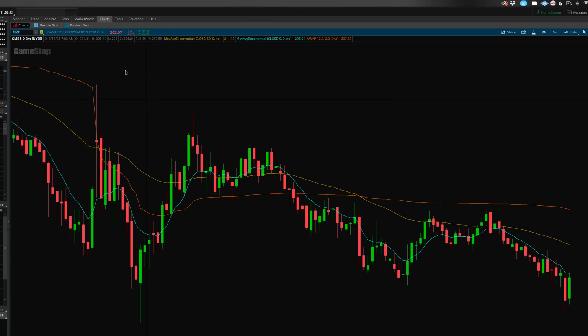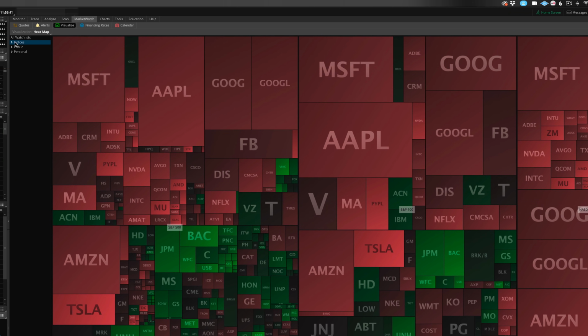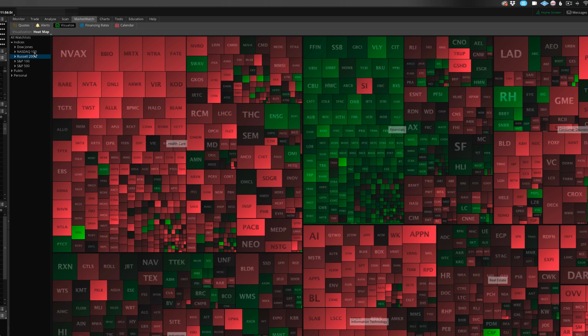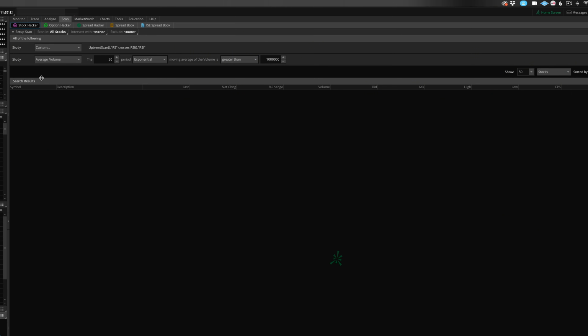There's still way more to this application, but I don't want to overwhelm you too much. Instead, just focus on the things that you'll likely use most. There are other things like the market visualizer, so you can flip through different indices and see, well, it looks like the financial sector is the only thing having a good day in the market today. And there's also a scanner tab if you want to set up a scanner to find stocks that meet certain